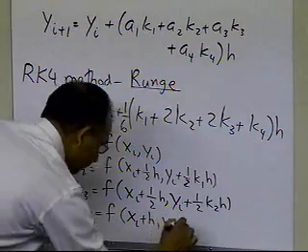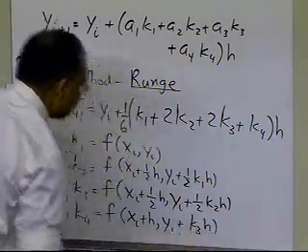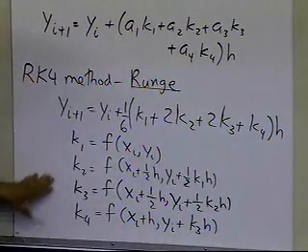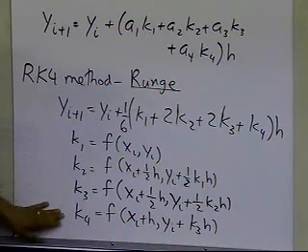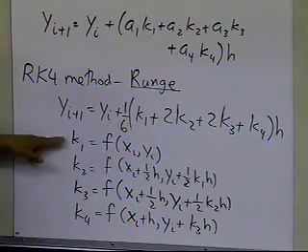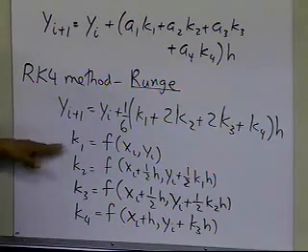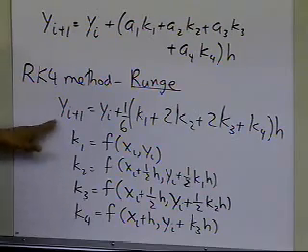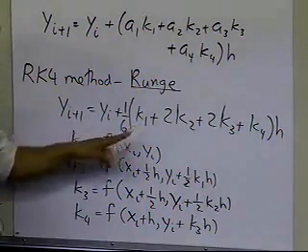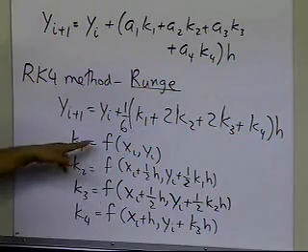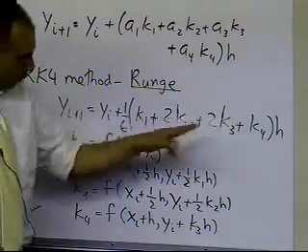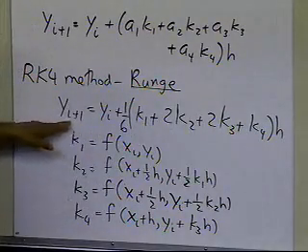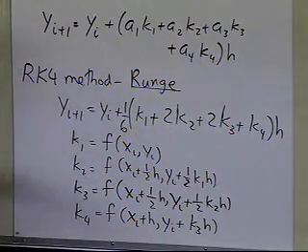So you can see that in this RK4 formula, we don't need to calculate the first derivative, second derivative, or third derivative, or any derivative of the function f. We just have to calculate the value of the function f at certain specific points, and then simply substitute those slopes of y as a function of x, because f is simply dy by dx, into this formula and get the value of y at a point ahead.